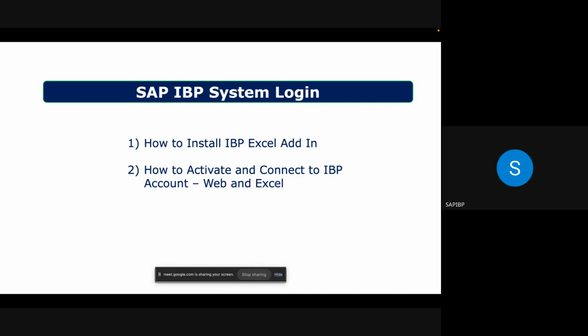Right now, we are in February, right? So every quarter, SAP comes with a new release in the IBP. It's not like our S/4HANA products. Okay. So every quarter, it will try to enhance the existing functionalities, or it will release new functionalities also. So that is in the months of February, May, August, and then November. These are the 4 months where the new releases will come. So currently we are in February. So in the market, you can have a 26.02 version of the Excel add-in. You can download it and install it. Without that, you can't access it, right?